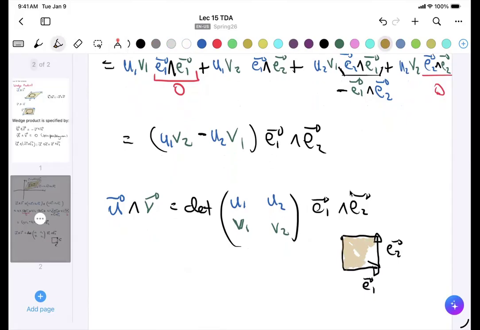So this says that the wedge product of two vectors is kind of like a deformed version of the unit square. Take the unit square and it gets stretched out until it becomes the parallelogram, right? And the conversion factor is the determinant of this 2 by 2 matrix, which is why